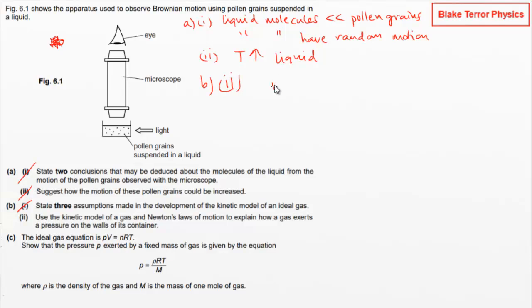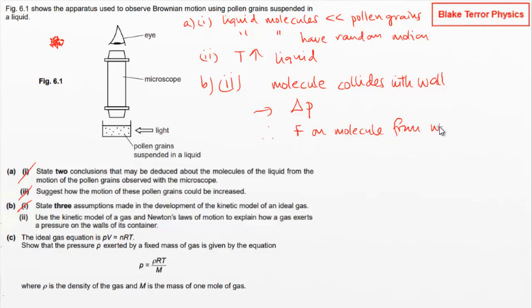So we want to say something that, so the molecule collides with the wall, so that leads to a momentum change. Obviously, write these in sentences rather than just symbols. So you've got a momentum change. Therefore, we've got the force on the molecule from the wall